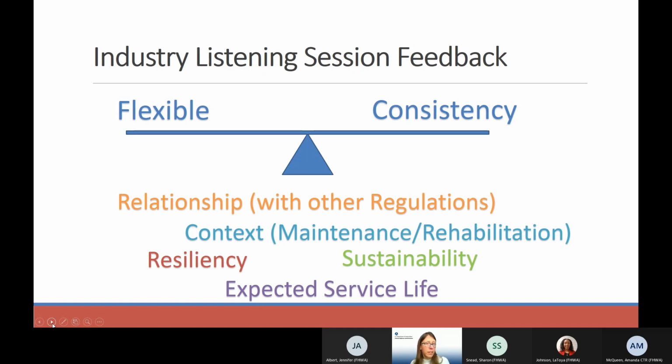In addition, there were some comments brought up about the context to which the pavement design policy applies. It is very specific in there that it says pavement design, but it's not very specific on, is this for maintenance or rehab projects as well, preservation? You know, when do you need to do a pavement design?